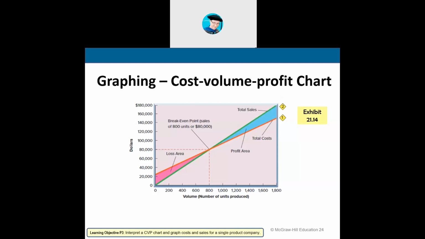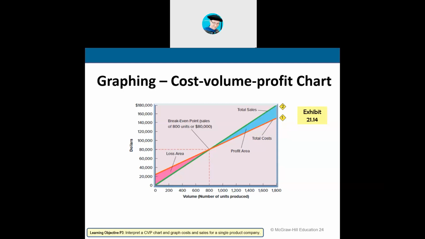But really, it's best to use the break even using sales dollars or units approach, because that really tells you exactly how many units you need to sell to break even. You can do the same thing with a chart. It's just, are you really going to draw out this chart? I mean, probably not, but we can see that